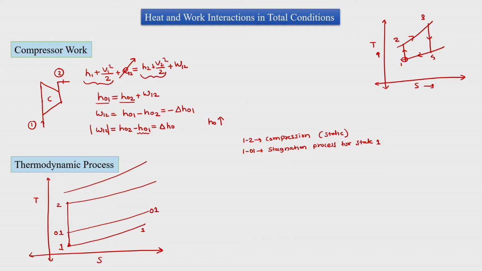But now in the new ways we are saying that 0-1 to 0-2 is actually the work input in the process of compression. So, 0-1 to 0-2 is again compression, but it is from the perspective of stagnation conditions. So, practically we have 2 to 0-2 as the stagnation process